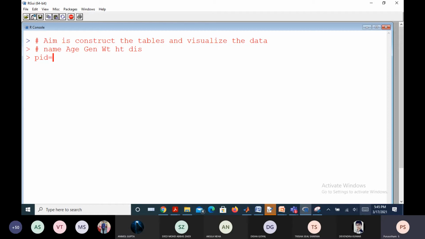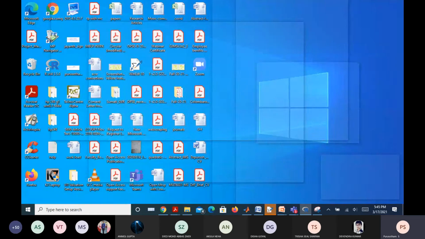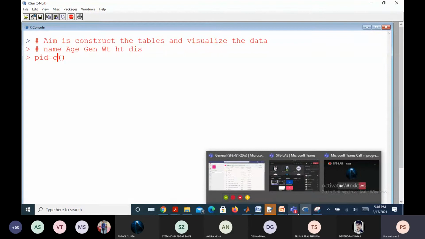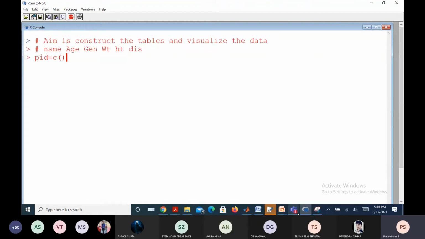Yes, sir. So I'm going to create an array of patient ID. Normally patient ID depends on the hospital; they may start from some number. If I go for hundreds of patients, you may feel it is too lengthy.